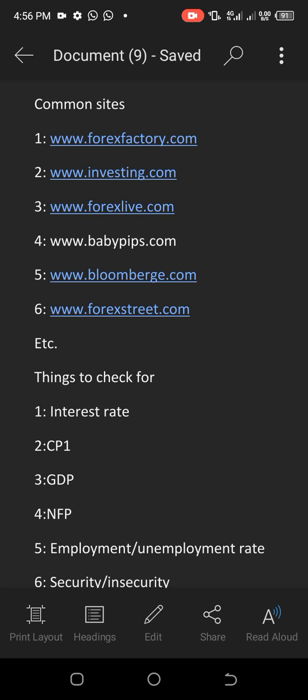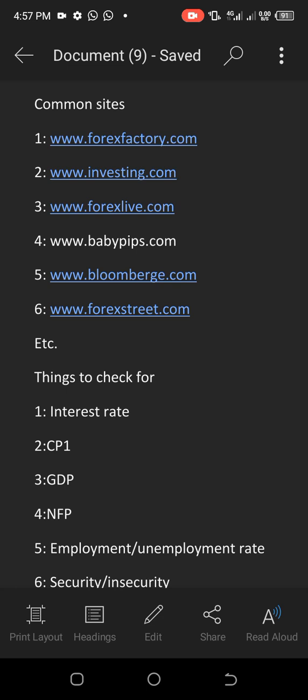So imagine where you're in the market and you are not putting news into consideration. What do you think would happen? A single candlestick as a result of news can even give you a drawdown of over 100 pips. That's why it's very important to understand candlesticks, and also to understand the news and the fundamentals in the market.